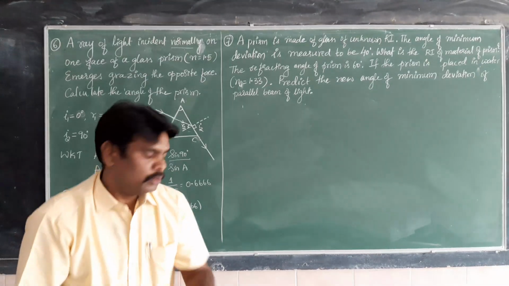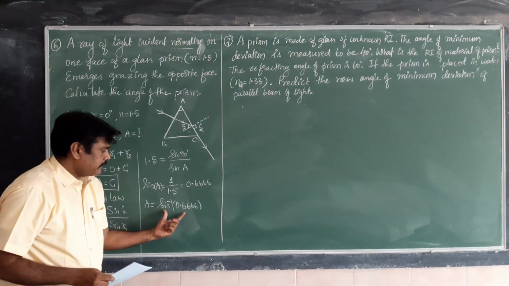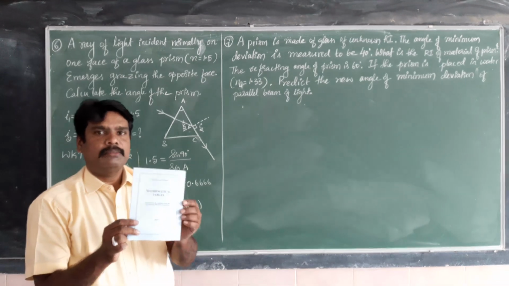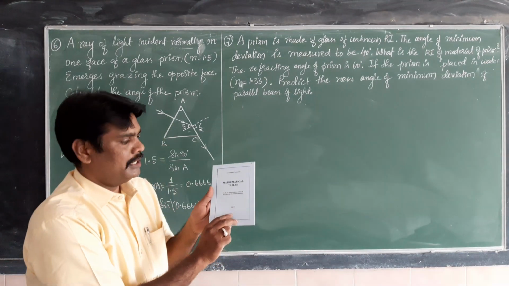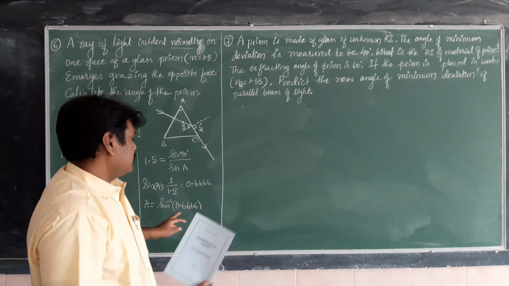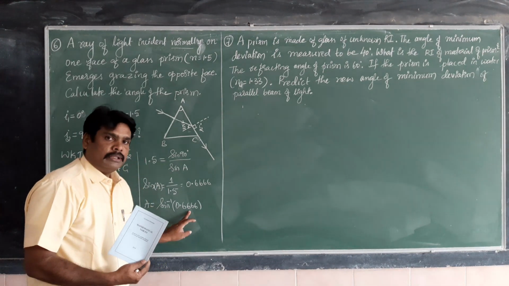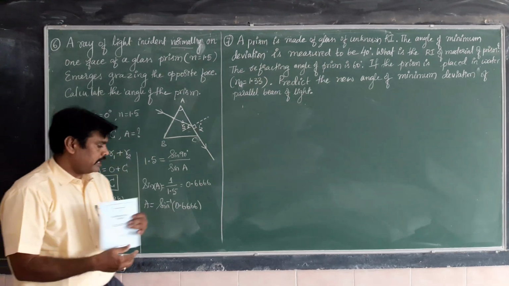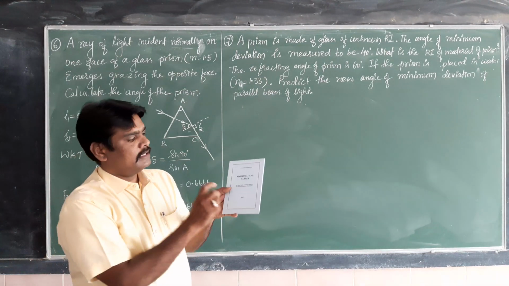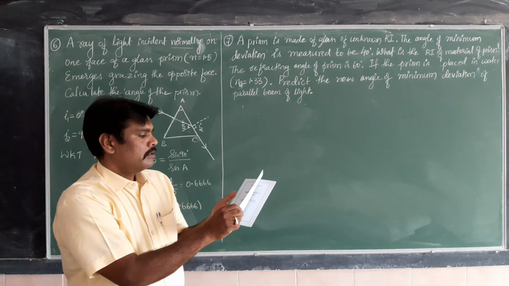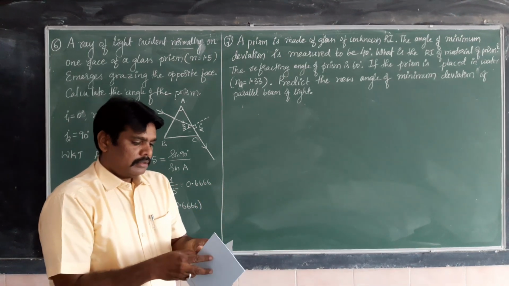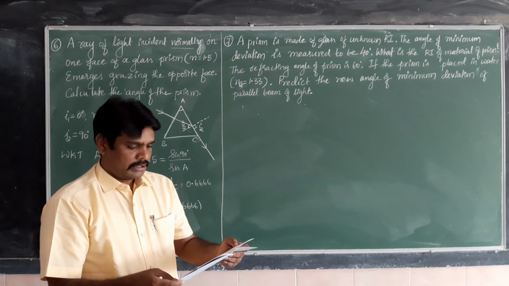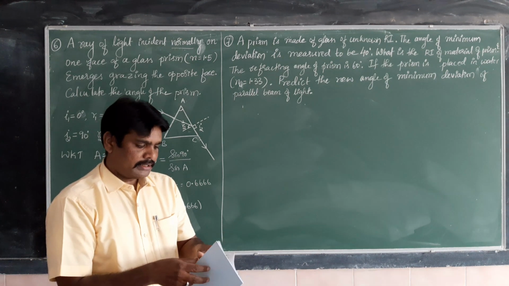I will show how to find the value of sine inverse of 0.666 in the class table. This is the table they provide in the examination, because this type of data you do not need to remember. For these values, you can use this mathematical table. This is the book provided in the examination, so I will show how to take that value. Usually students use logarithmic tables, which they keep along with them to get any data.